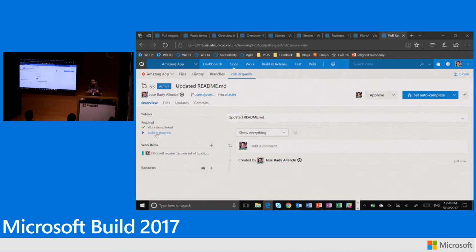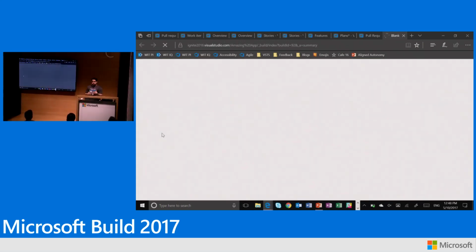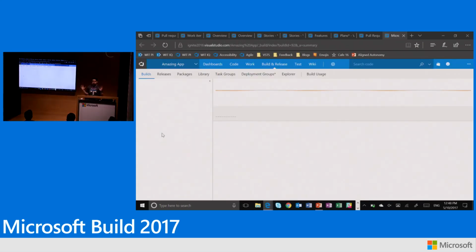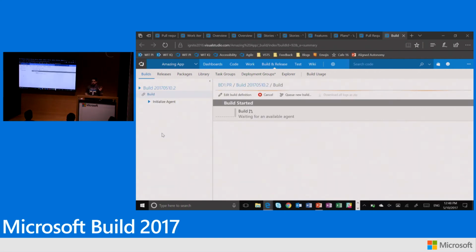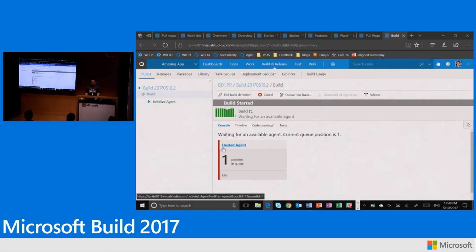Then that would go to my build pipeline, and if I have a release pipeline hooked up, it would pass on to my release pipeline. And you can see, for example, in this case, the build is happening all in the cloud. No need for me to be involved. Nothing is getting built on my computer. I can actually monitor the agent and understand where the agent is in the current process. And you can see we have a hosted agent trying to get initialized.